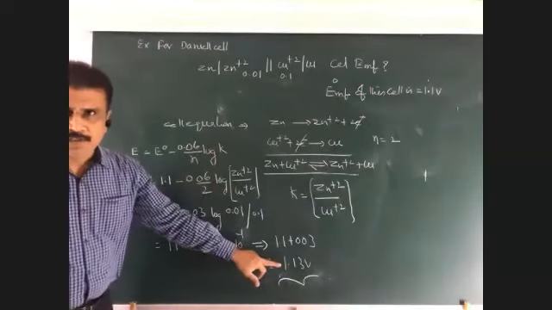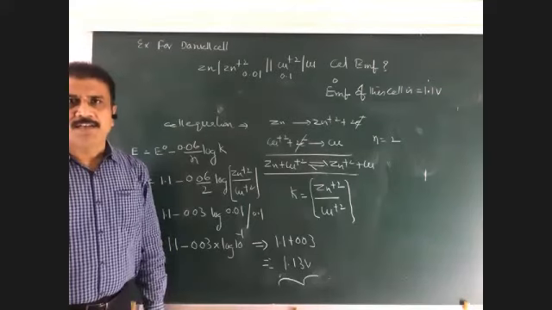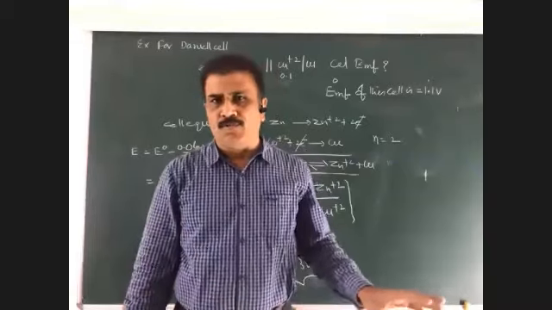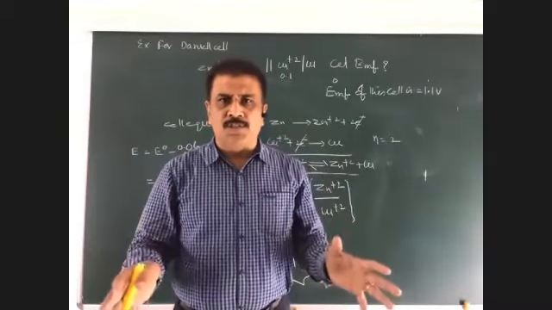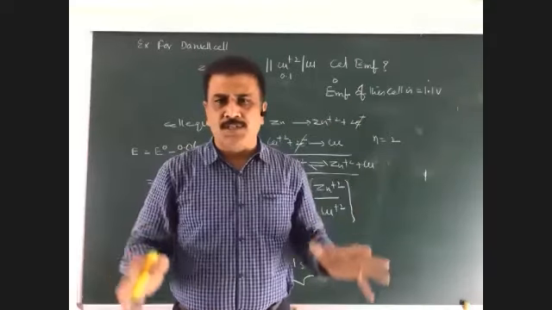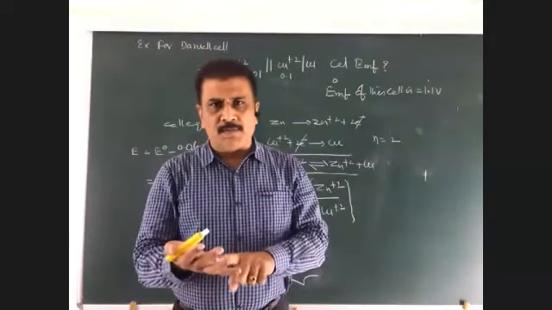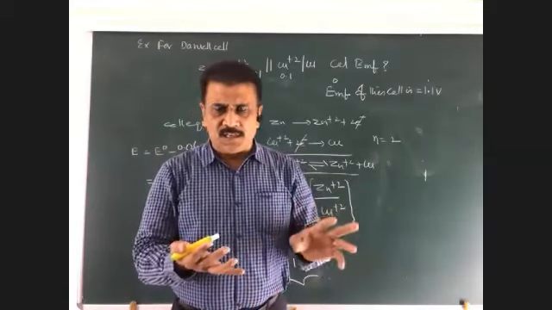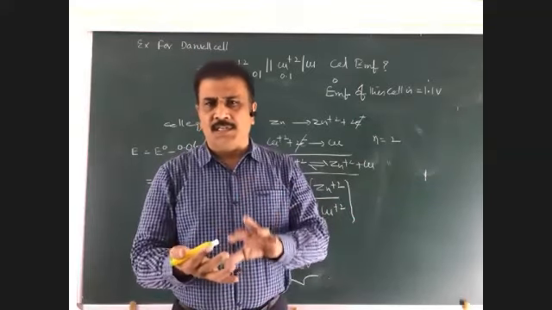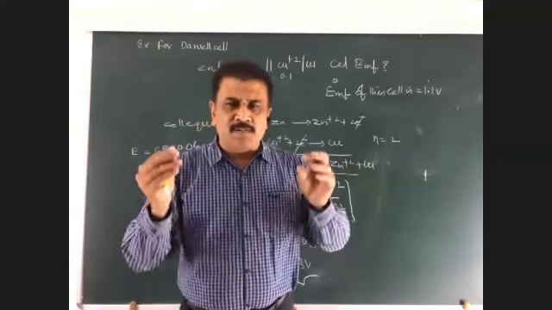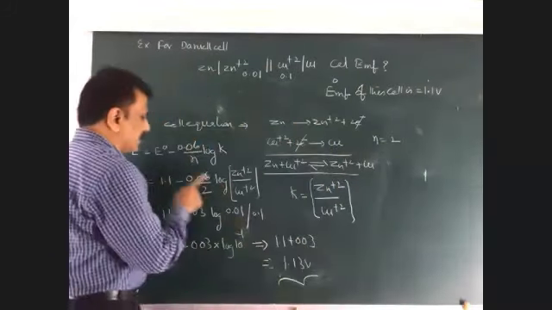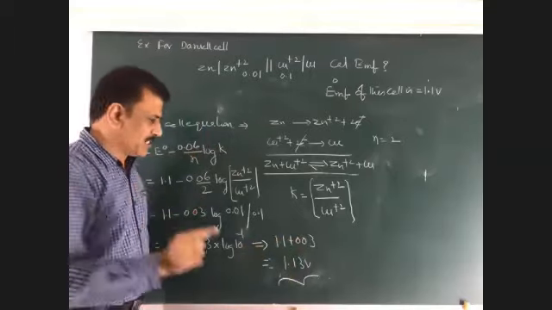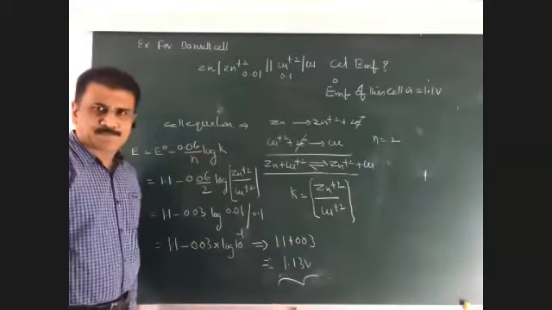This is the value. So what happened to the EMF? It is increased. Do remember, EMF value can never be negative because it is an electromotive force. EMF of the cell is always positive. Electrode potentials may be negative or positive. If electrode potential is negative, it is generally a reducing agent. If electrode potential is positive, generally an oxidizing agent. So it varies, but EMF of the cell is always positive. Here, it is 1.1 volt. From 1.1 volt, it has risen to 1.13. How much is increased? 0.03 is increased.